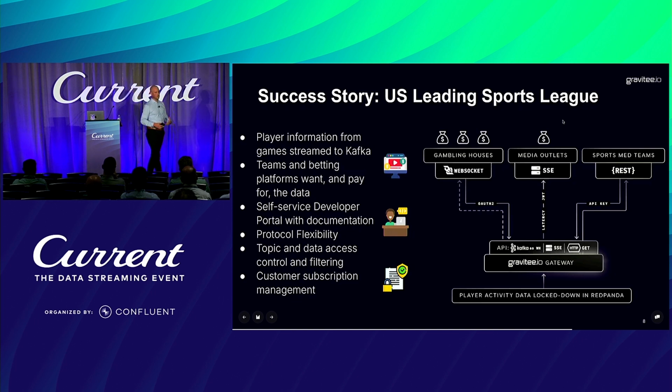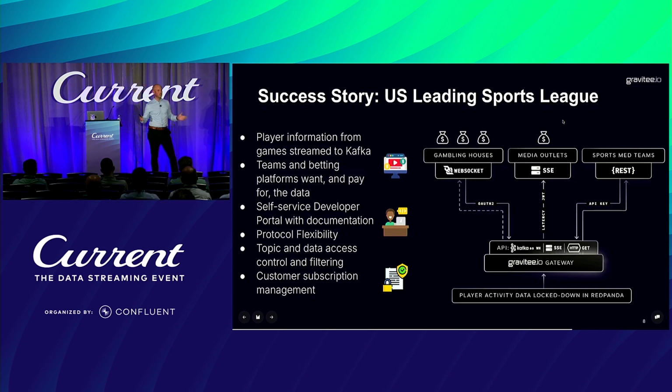So with documentation, using things like AsyncAPI, etc., the ability for those developers to choose. Maybe not all of our partners and customers have the ability or want to work natively on a Kafka protocol. So what about using things like WebSocket or server-sent events for streaming data into mobile applications for real-time player analysis, for example? And the control and governance was also incredibly important for them to get right, in the sense